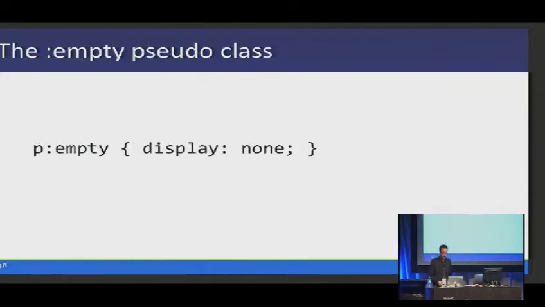Very, very useful. This one is kind of quirky, but kind of fun, and also very, very useful. WYSIWYG editors on CMSs. It's everyone's hell, right? Well, this may help a little, because what this will do is allow you to style empty elements. So your users are in the WYSIWYG editor, and they hit enter 5 times, and there are like 5 empty P tags or div tags or something. You can use this CSS to hide those, which makes things quite exciting and less ugly on the front end.